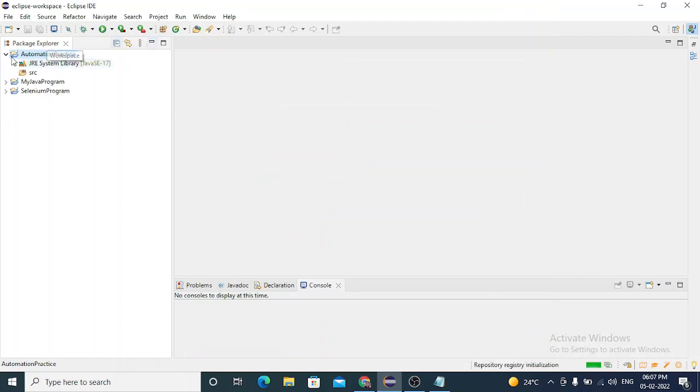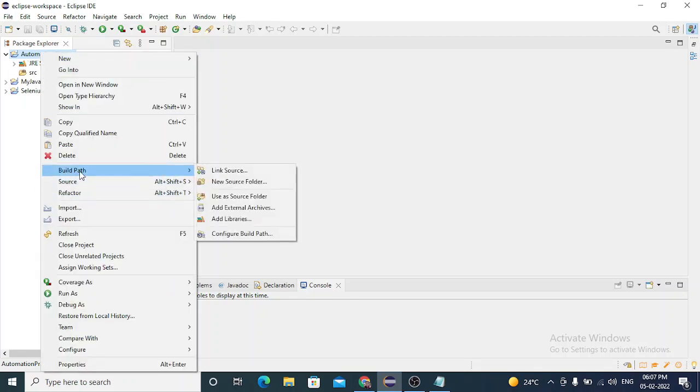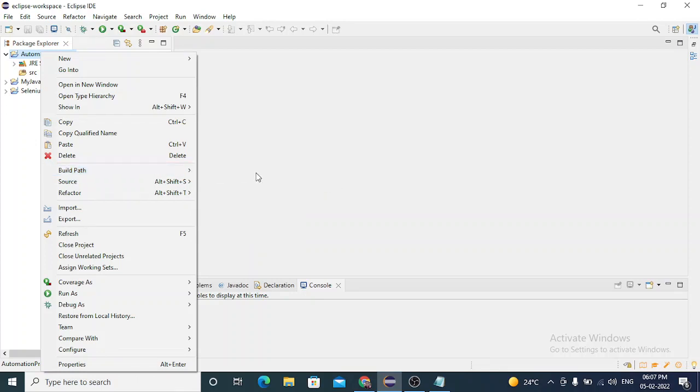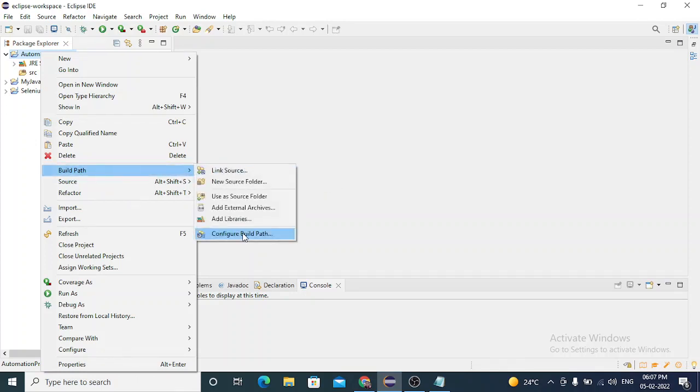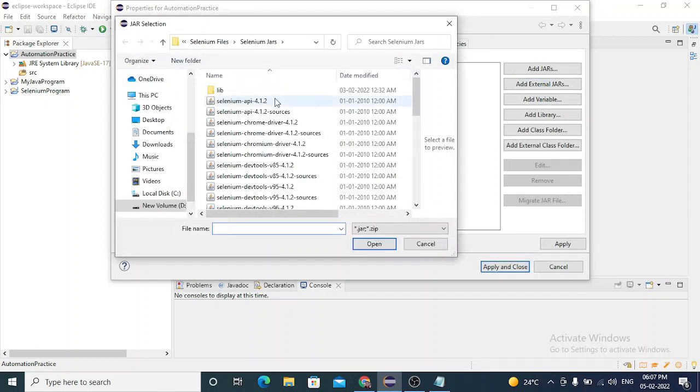Then our Java libraries are already included in that project. Let's add our Selenium jars. Right click, go to build path, configure build path, then go to class path, add external jars. So last time we already selected, so it automatically opens the file location.